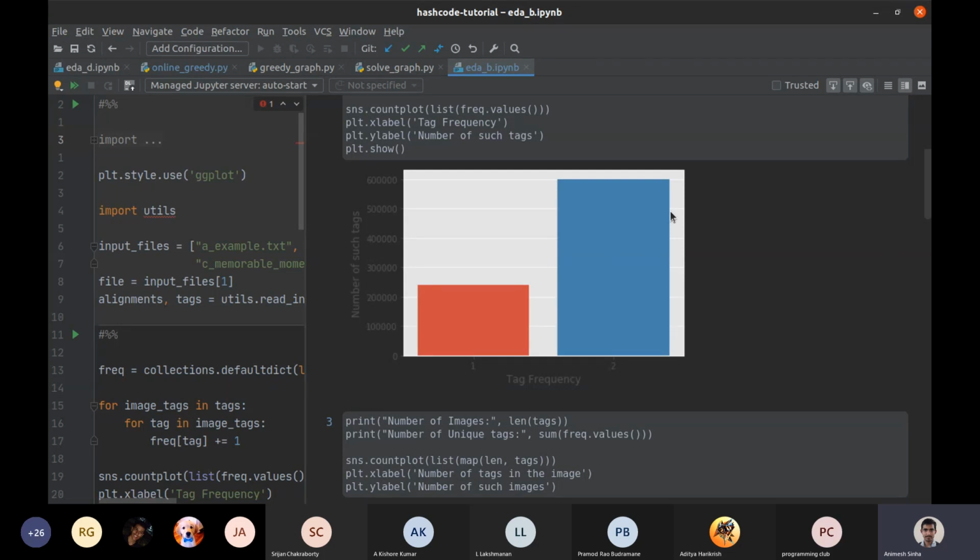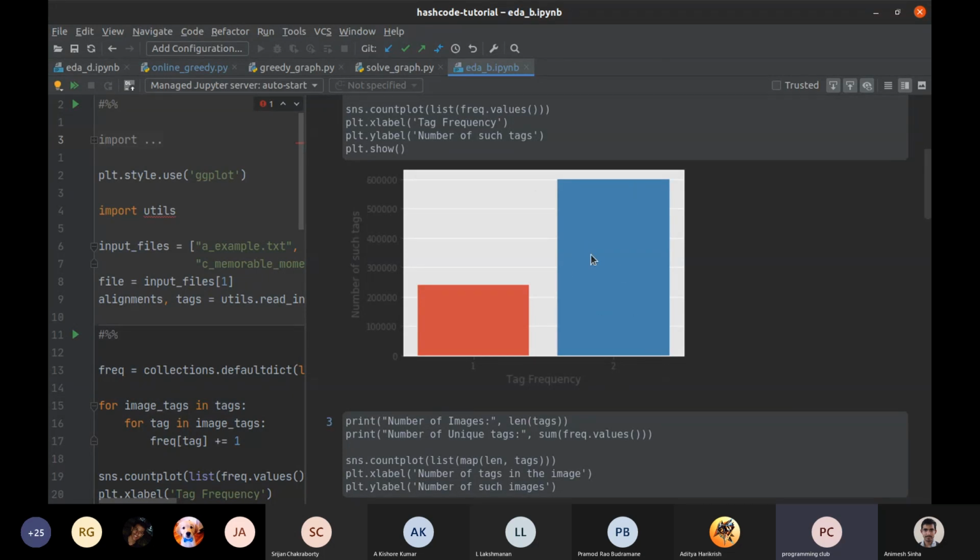So the first question is, let's take an example. You know that all the tags either occur in 2 images or 1 image, and let's ignore the tags that occur only in 1 image for now, and let us take a tag, for example, beach, and let's say that this tag beach occurs in 2 images, the first image and the second image, and these are the only 2 images in which it appears. That's what this graph shows.